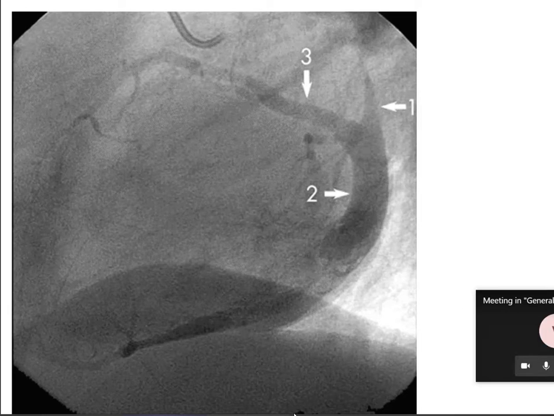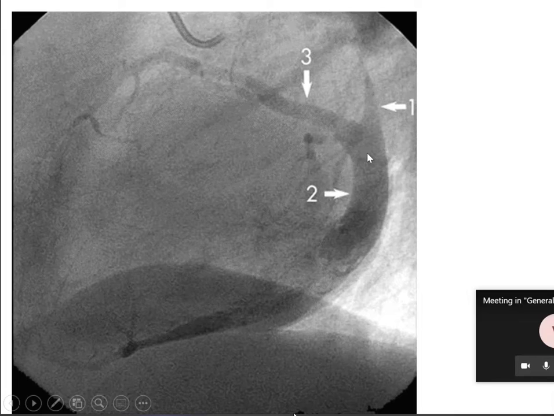Great cardiac vein accompanies which artery? LAD. And what is this? This is the coronary sinus. This is the anteriorly going middle cardiac vein. And what is this structure? This is the oblique vein of Marshall.